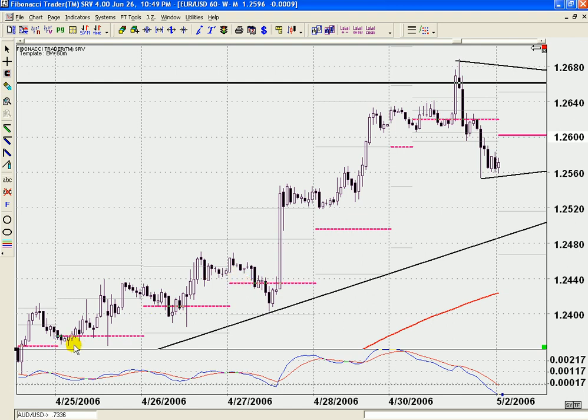So here we see price is making higher highs and higher lows. We open in the sell zone, but price retraces into the buy zone. Now, that's not to say that there isn't a trade here. We're going to cover that later in another section. But ideally we want to buy in the buy zone, but